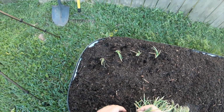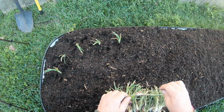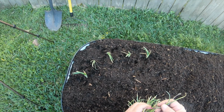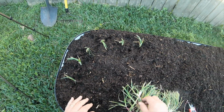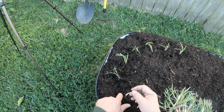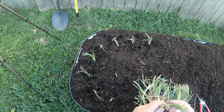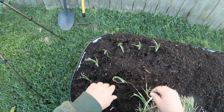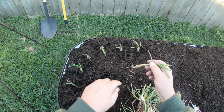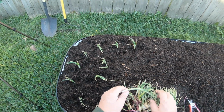And these onions require as much sunlight as you can give them. Unfortunately, in this particular bed, I don't get as much sunlight as I think these onions will really thrive on, but I think it's sufficient for them. You can take some of these onions as green onions if you want before they bulk up. But I'm hoping to get some big onions this year because I want to make salsa